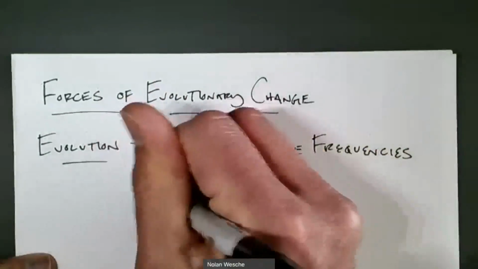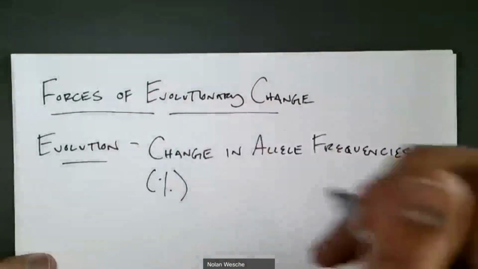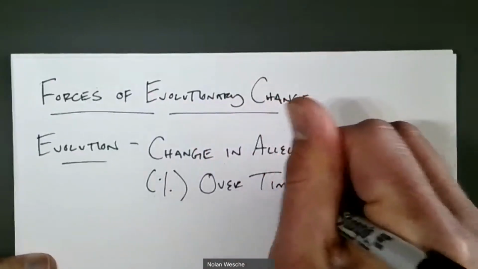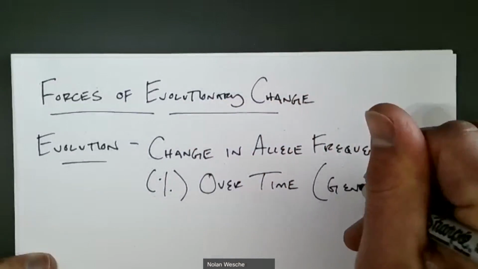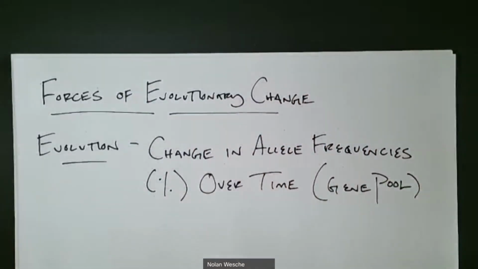So we're just talking about, you can think of these as frequencies or percentages in a population over time, right? So essentially we're talking about the gene pool. And later we'll talk about a way that you can actually measure this. So if we think about gene pool,